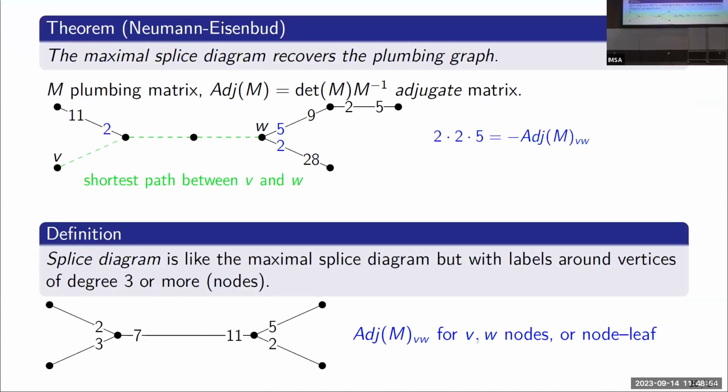By this theorem of Neumann, these informations of the inverse matrix are recorded in the splice diagram, and we exactly removed the information of degree 2 vertices. But we removed one more thing, and we removed the weight here, like the leaf with itself. So this is something which is missing when we do this